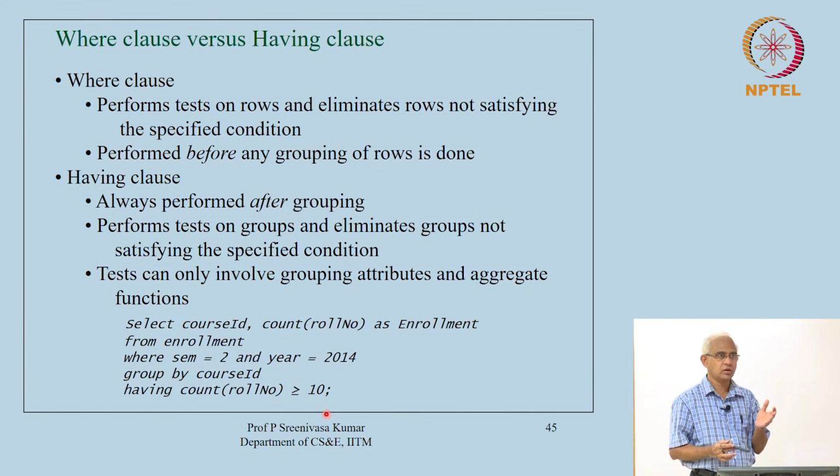So, you first figure out the last quarter means last 3 months, I mean whatever the quarter definitions are, and then cosmetic type of things. So, that will all come in the where clause, and then you do a group by the city and then figure out what is the city, and then city wise you report, then you can figure out which city has contributed most. So, a lot of these analysis kind of queries require you to use group by and having clauses.